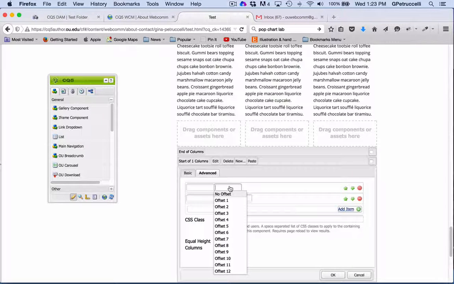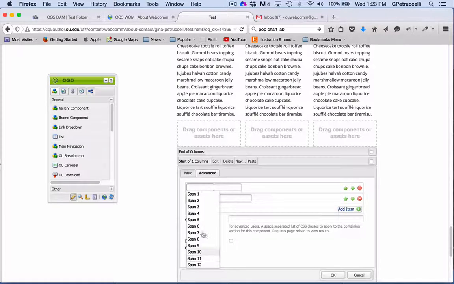You don't want to use offset since that's going to negatively impact your mobile layout, but you can select your own spans as long as they add up to 12. 8 and 4 and 7 and 5 are really the only times I find the advanced option useful because sometimes a 50-50 split doesn't give me enough room in one column or another, and sometimes a 75-25 layout is too